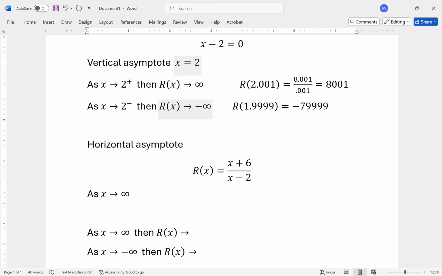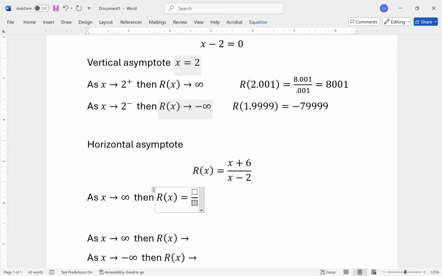Well, my function, which we know is x plus 6 divided by x minus 2,